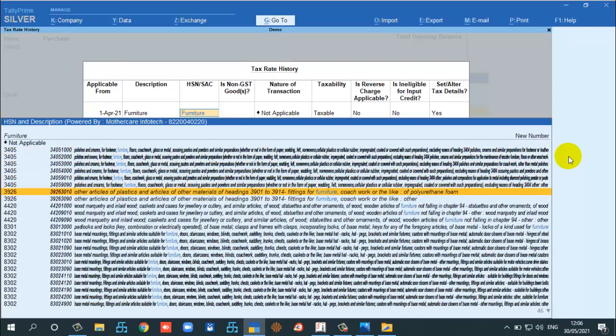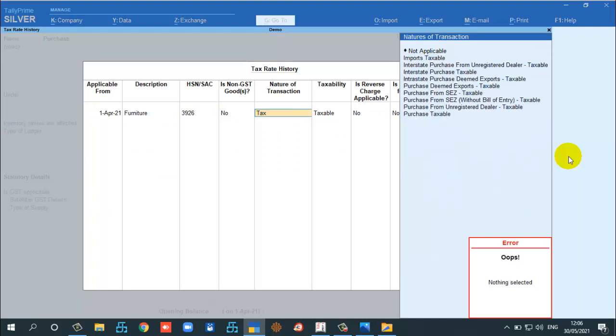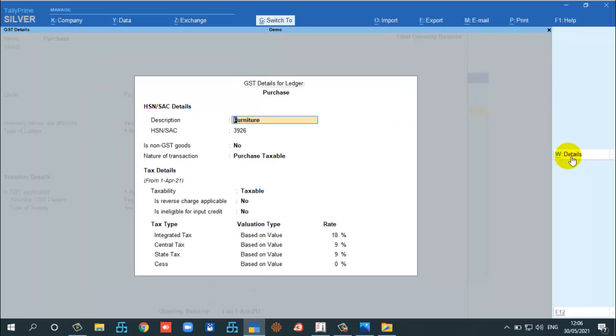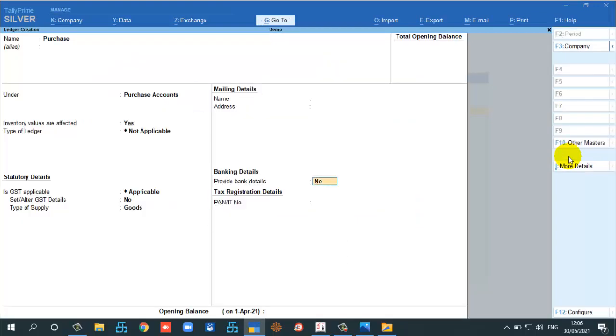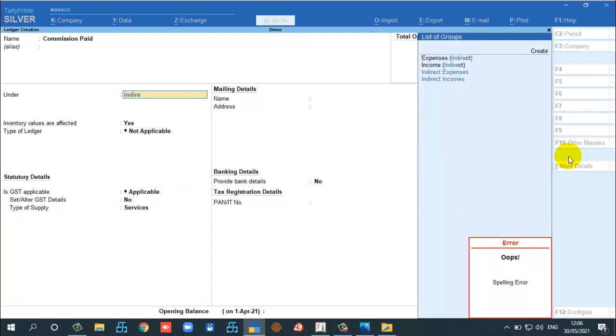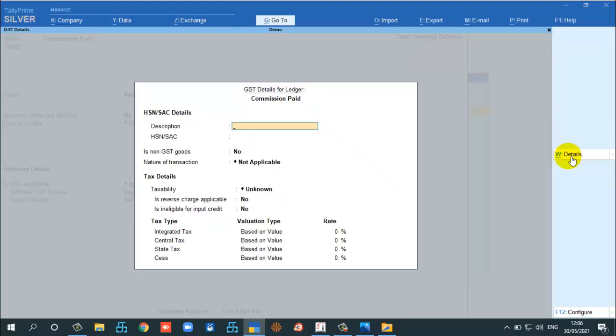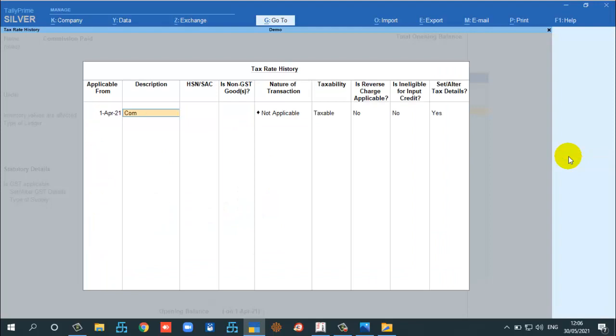So 3926 I have entered there. Taxable at 18%, I am configuring the rate. For goods and for service also, I am going straight inside. Sale of advertisement, something like that. This is taxable, this is also 18%.